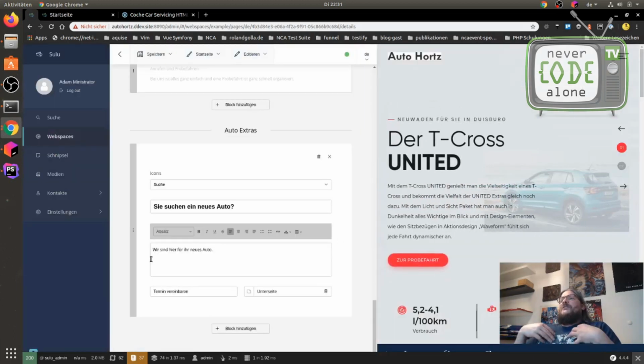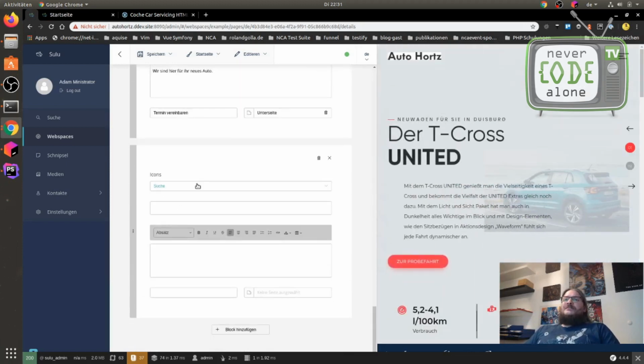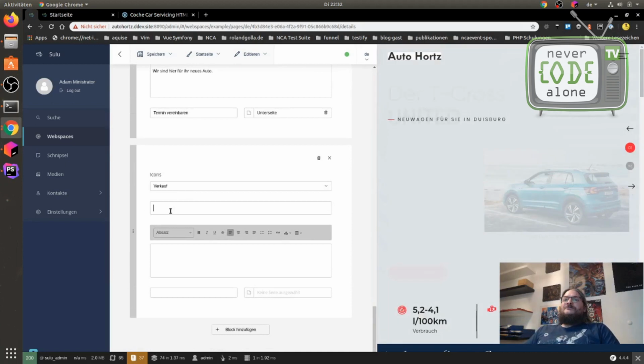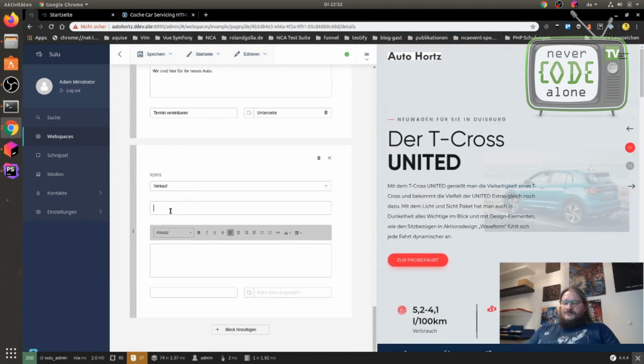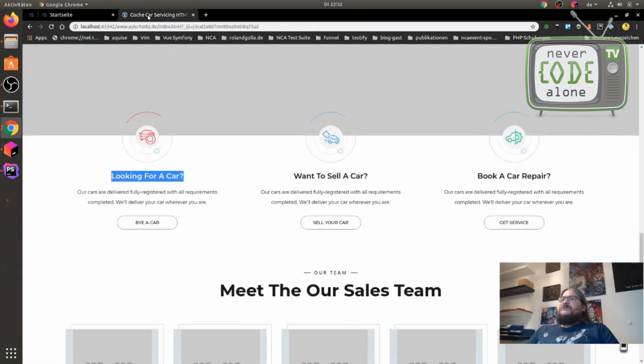So we need two more block elements here. The second was the sale. Maybe you want to sell your car. Okay.